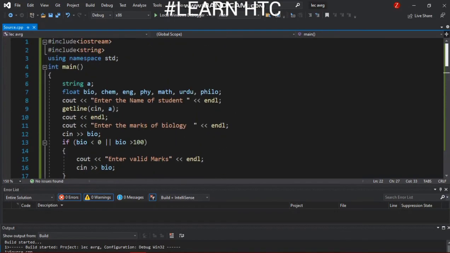Now, many students or viewers asked me to share some practice questions, so you have to apply this concept and write a program in which you ask the user to enter the names of 3 to 4 students. Then you enter their respective marks of 3 to 4 subjects for each student separately.